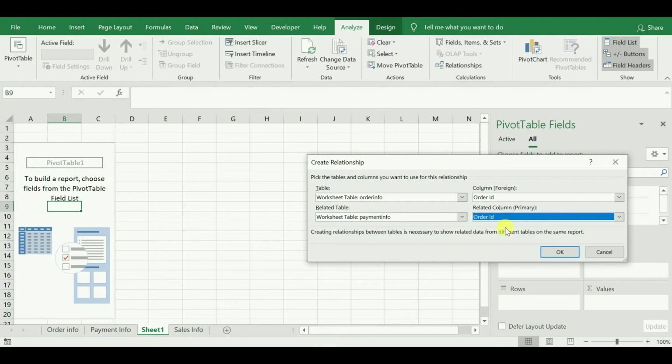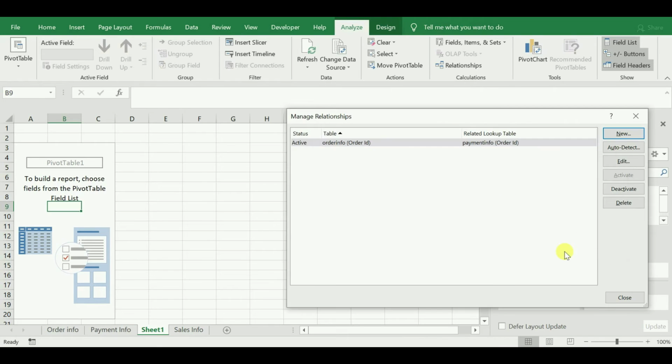After giving the relationship between the two tables, click on OK. By doing this, we are relating the order info and payment info tables, which means they are related where they have matching order numbers. When you click on OK, you can see the relationship listed in the manage relationships dialog box.